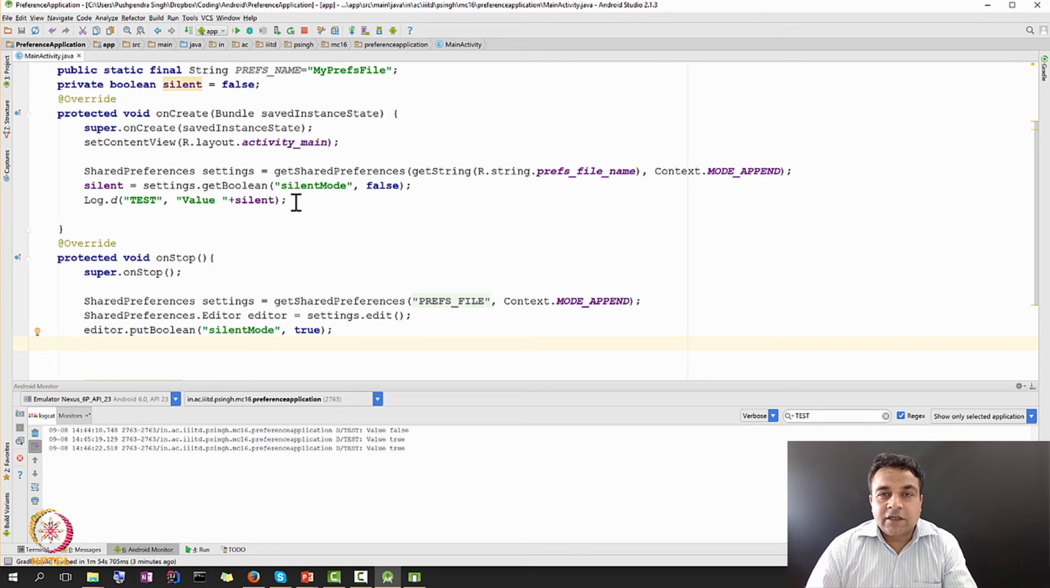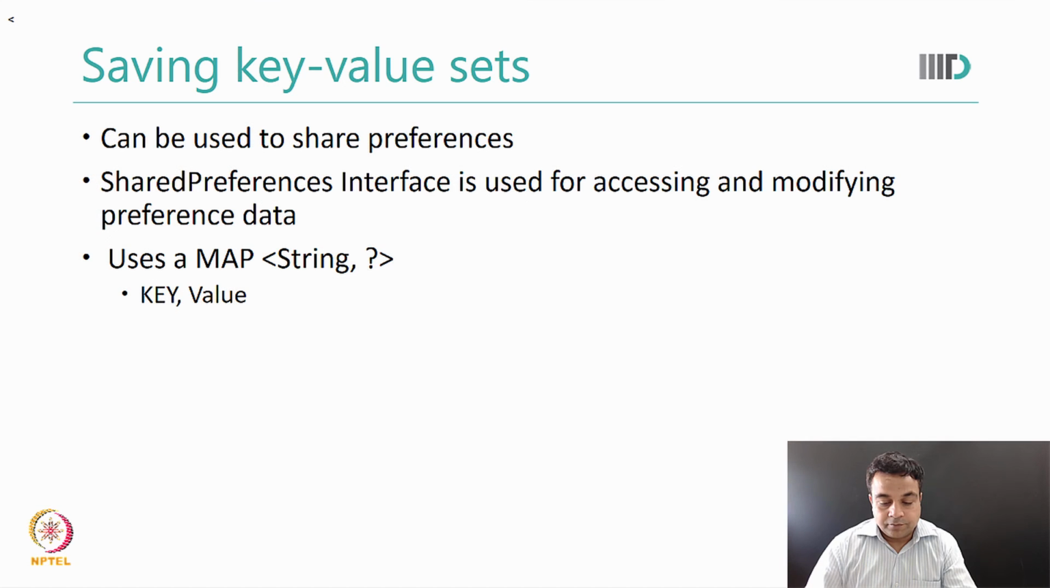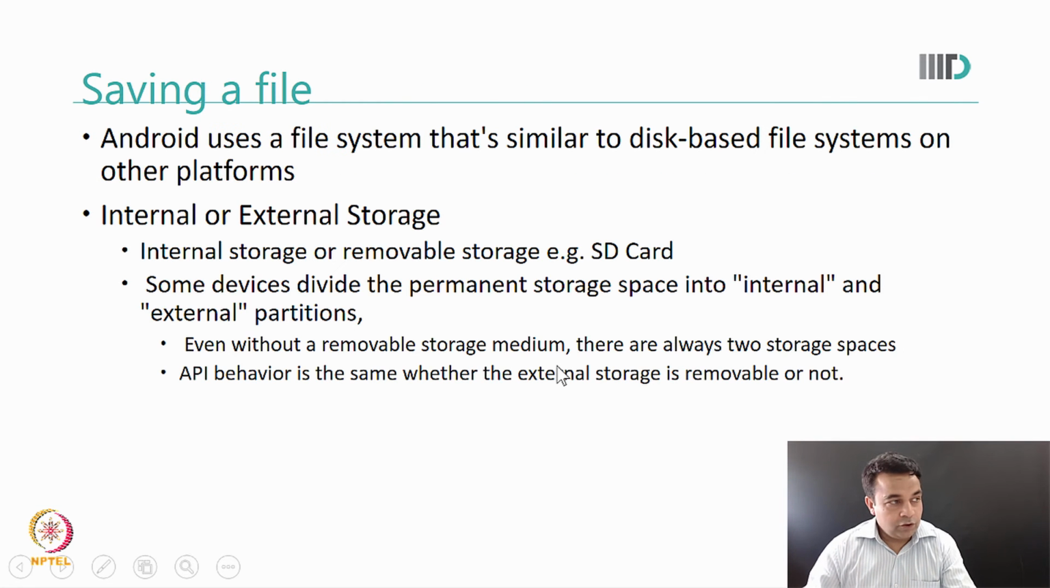So this is the easiest way in which you can store some data about your app persistently across different instantiations of your app. Now let's move to the second method, which is more convenient when you want to store more data. So saving a file. Now many of you must be familiar, and we discussed that in the earlier classes, that